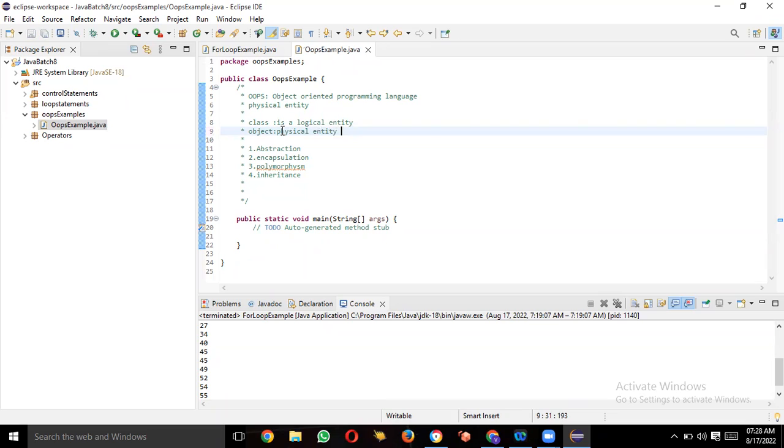This is a general, theoretical frame. We can discuss in detail what an object is later. A class is a logical entity which contains methods, blocks,